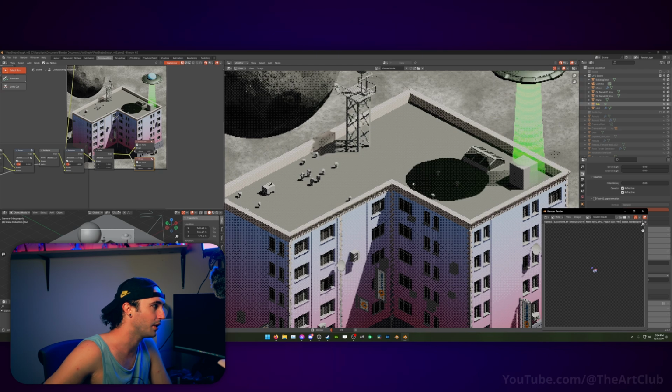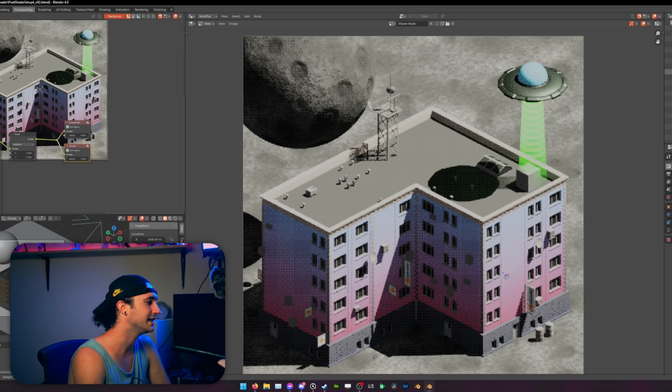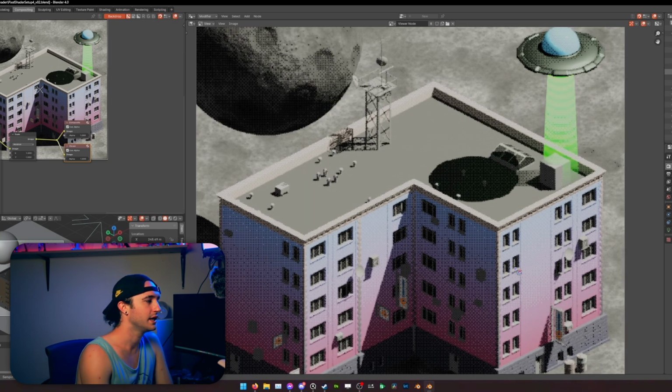It gets applied to the whole image. This is kind of an appealing look. I'm not gonna lie, I kind of like it. It's nice. It's got that old fuzzy, early 2000s look, where, you know,